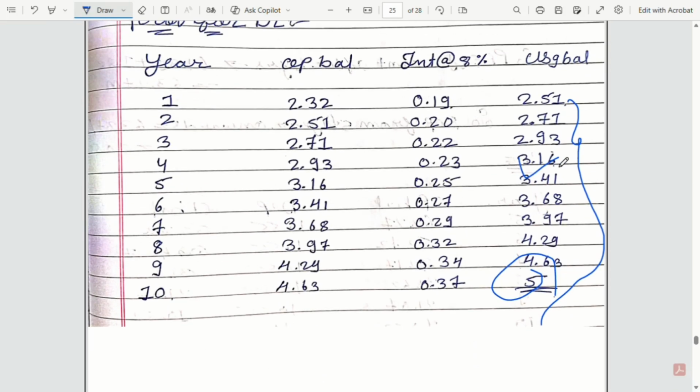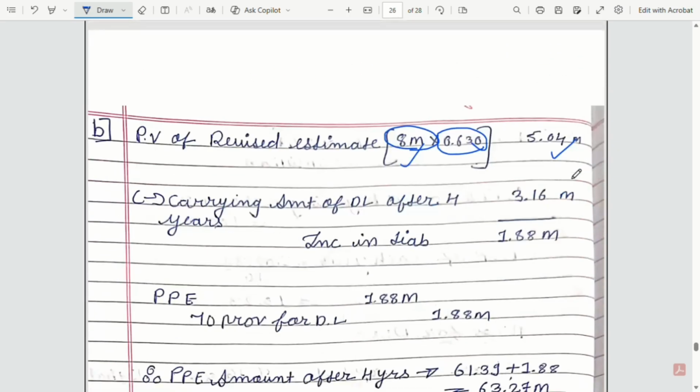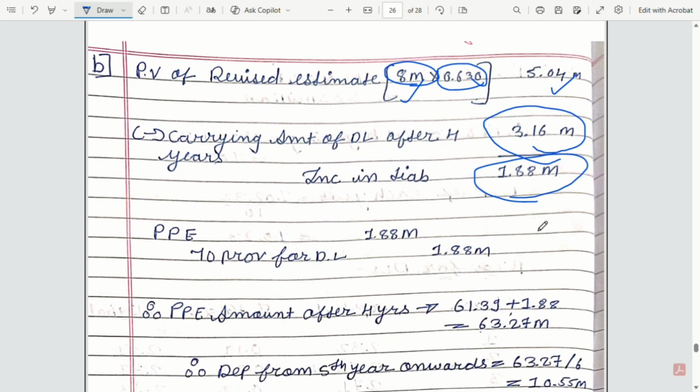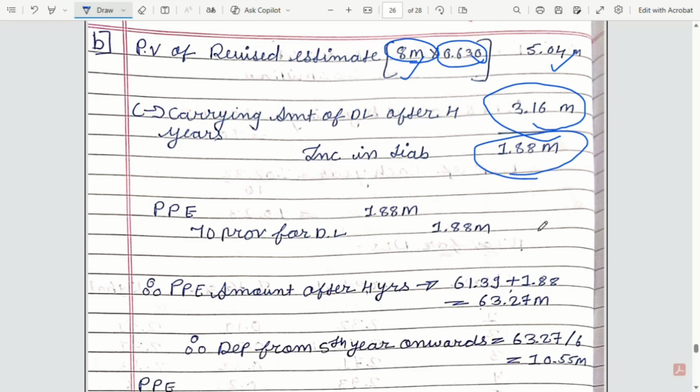सो 4th ईयर पे हमारे बैलेंस शीट के हिसाब से जो ओरिजिनल एस्टिमेशन था हम लोग का, उसके हिसाब से हमारा क्लोजिंग बैलेंस है 3.16 मिलियन, और अभी हमारा जो एस्टिमेशन रिवाइज हुआ है उसकी वजह से हम लोग का आ रहा है 5.04 मिलियन। सो उसकी वजह से हम लोग का इतना इंक्रीज है लाइबिलिटी में, हमें इतना लाइबिलिटी इंक्रीज करना पड़ेगा।